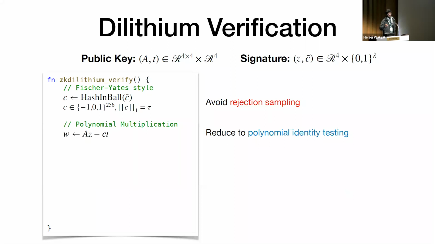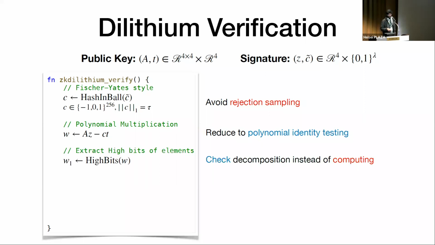The second thing you do is matrix multiplication of these polynomials. You compute A times Z minus C times T and store it in W. Effectively, you should just imagine this as multiplying a bunch of polynomials. A standard strategy is, let's not compute, but verify that the computation was done correctly, reducing it to polynomial identity testing. This is asymptotically even better than computing this, because polynomial multiplication with FFTs takes O of n log n, where n is the degree of the polynomial. With polynomial identity testing, you do it in n. And in fact, it's also significantly easier to implement the translation to AIRs.